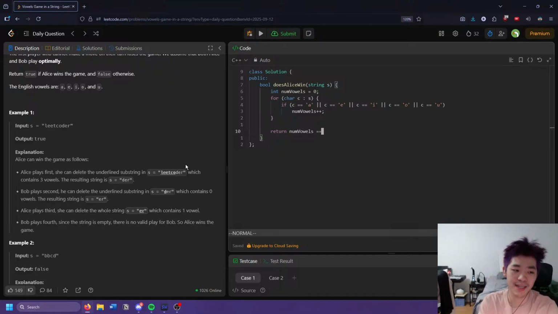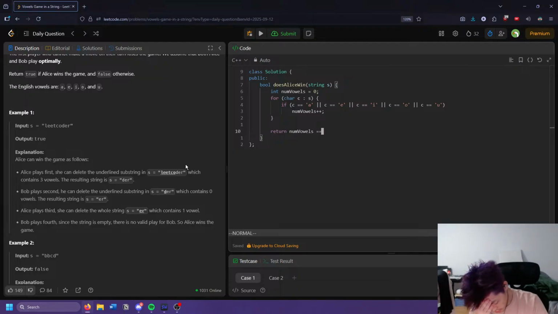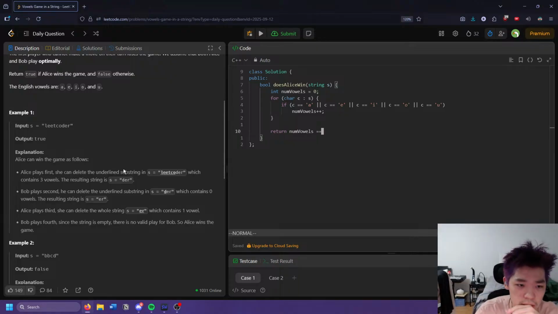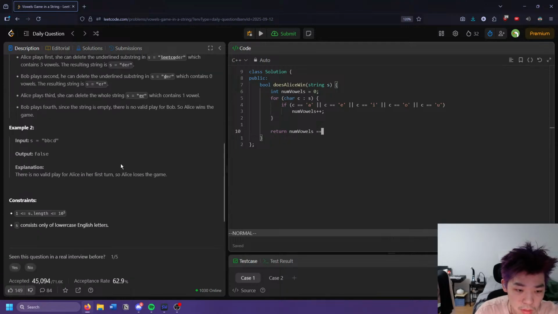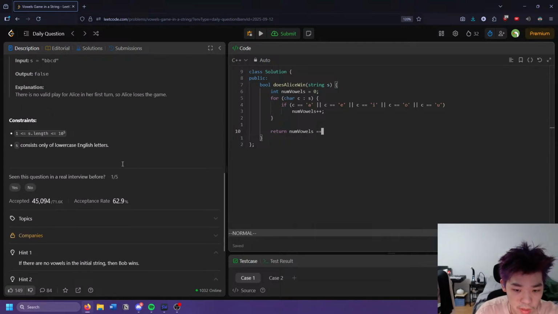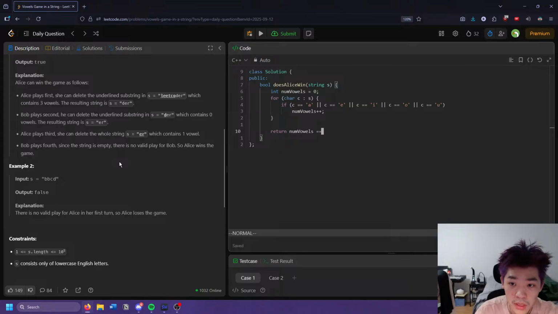Is this literally just, does it have an odd number? Right? Yes, because Alice always goes first. So if it starts with an odd number, then Alice can just nuke it all. And if it's even, then,